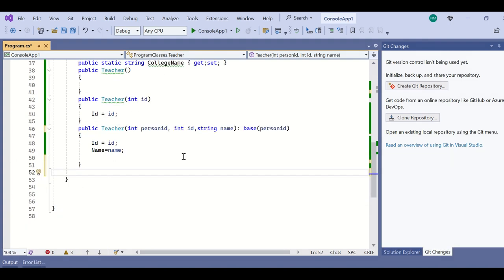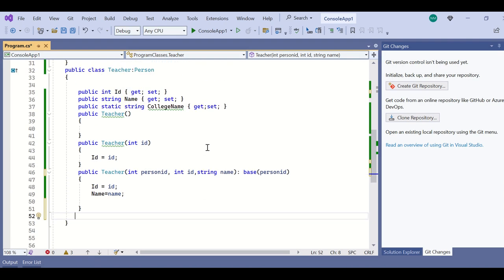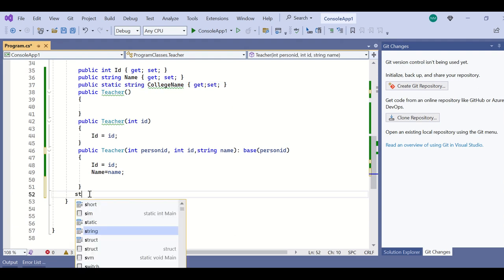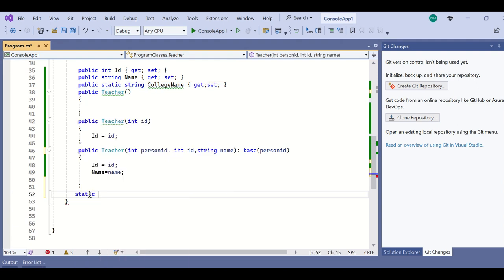Okay, now we have seen instance constructor. Now we will be looking into the static constructor. So basically static constructors are used to initialize static variables or static fields. Here I declared a static field, college name. So now I'll initialize a static constructor. Basically static constructors are parameterless,